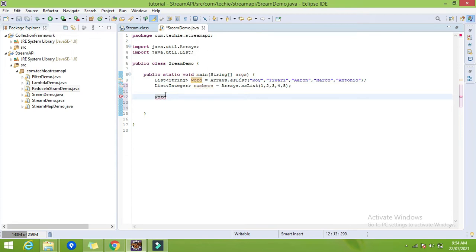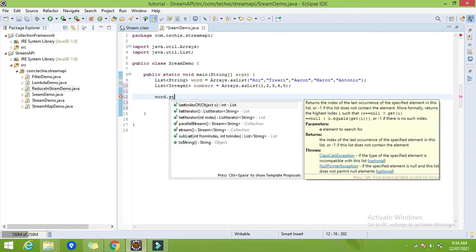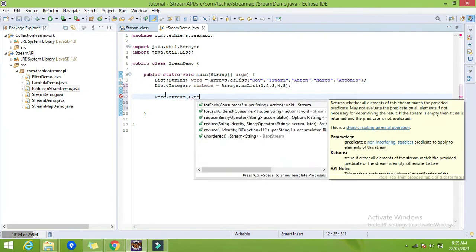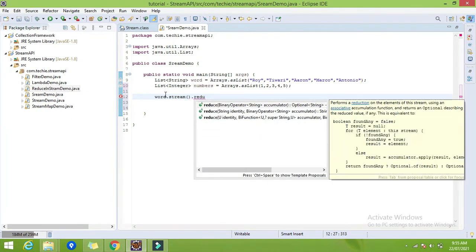So we use words.stream() to create the stream, then we have the method called reduce. Here you can find the three variants of reduce. One takes only the binary operator, another takes the identity, and one takes the binary function.